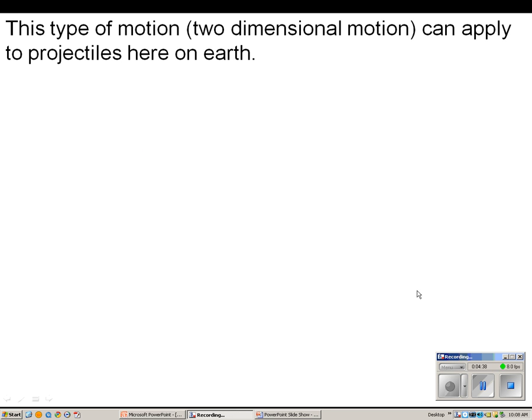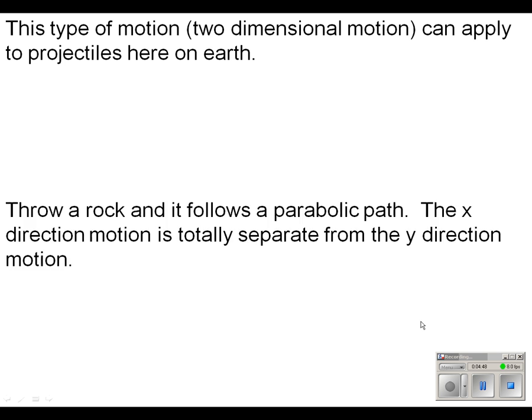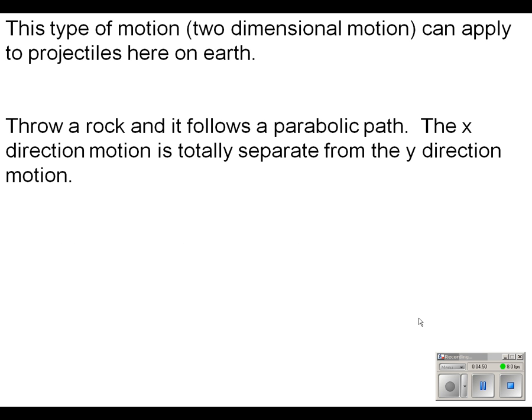Now we're going to look at a second type of problem that you have to know how to answer. And this is a two-dimensional problem here on Earth. It's a projectile here on Earth. And so we have to, again, keep the x and y directions separate. So if you throw a rock and it follows a parabolic path, the x direction motion is totally separate from